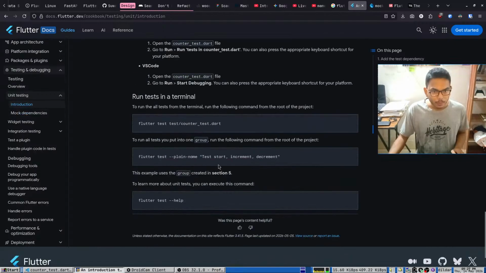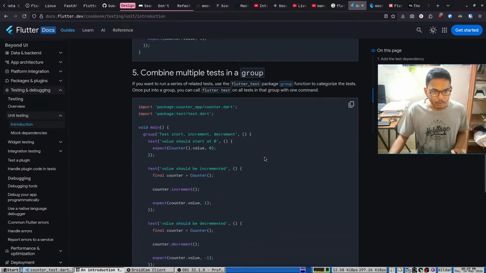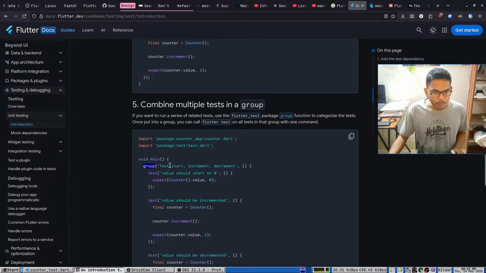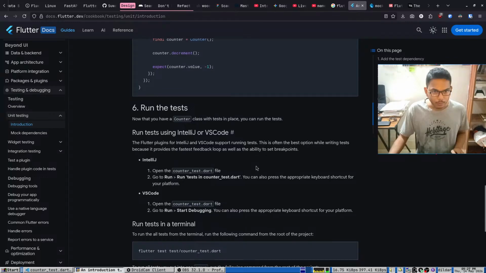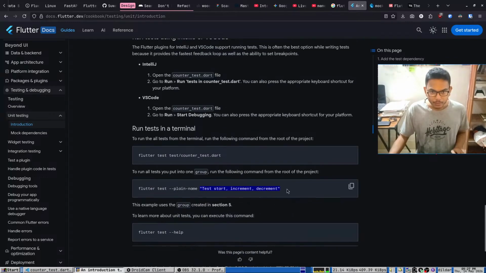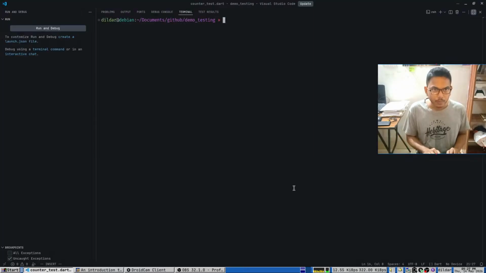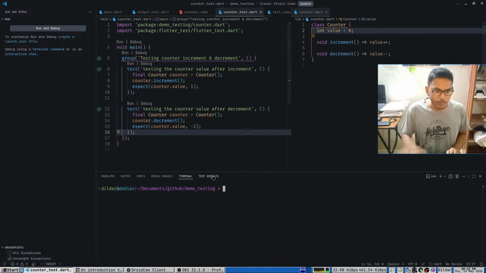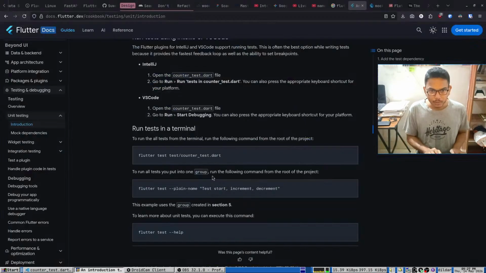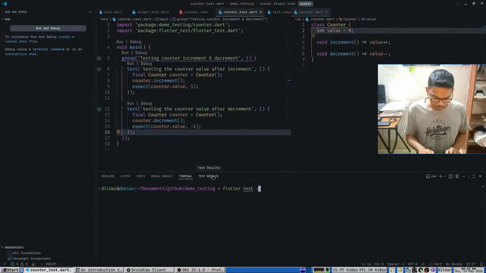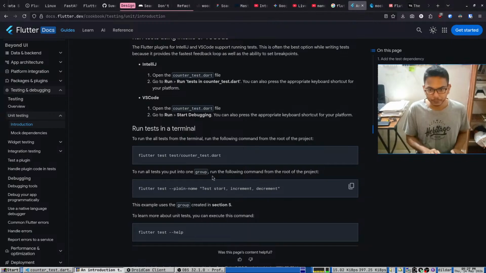Okay, so this test start increment decrement, it may point to this group here. Let's try, or maybe it's just for convenience. Let's run this command. Test, plain name, plain name,